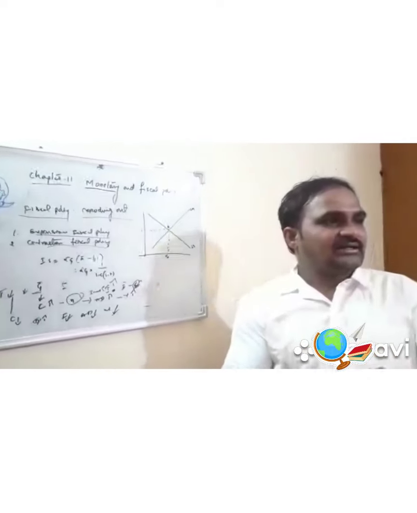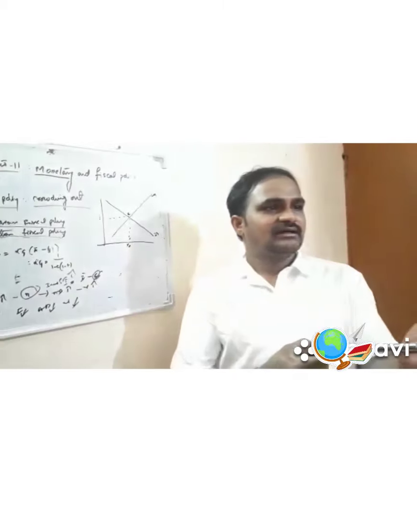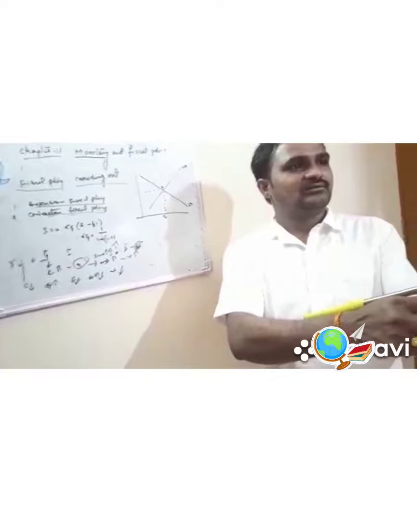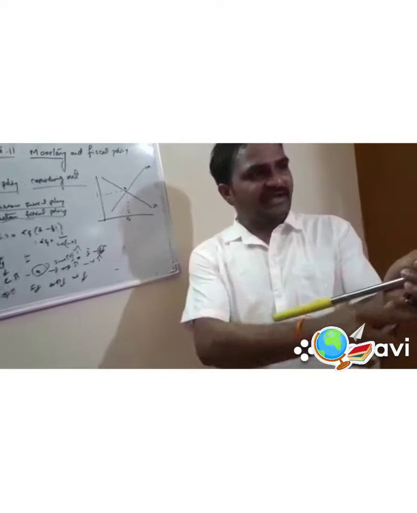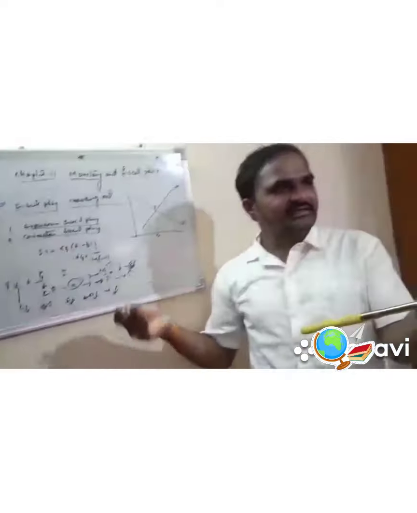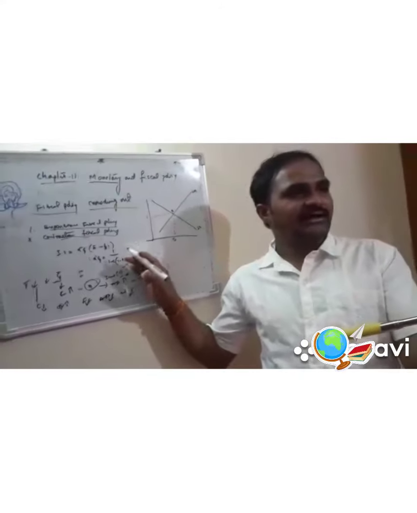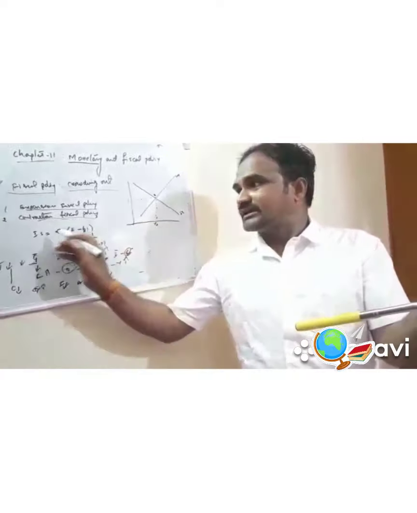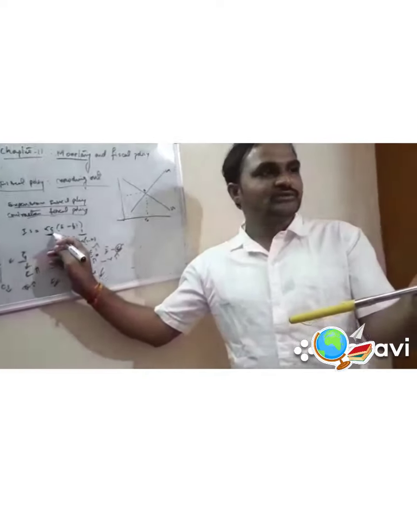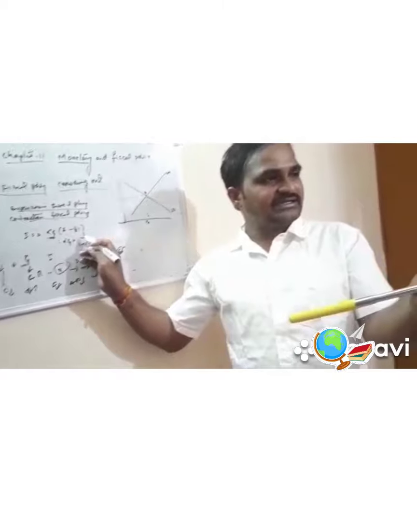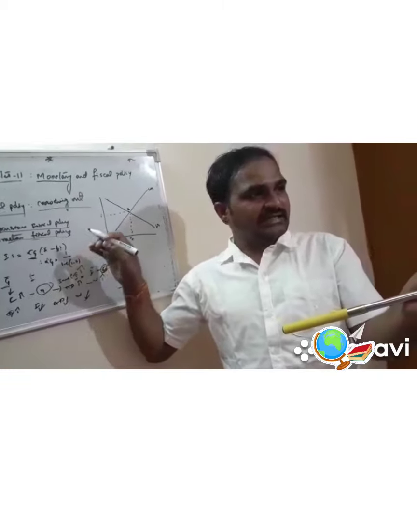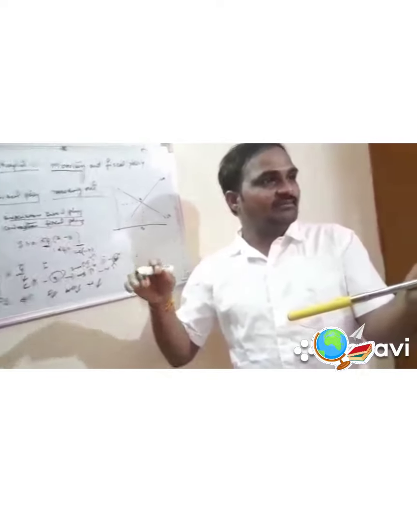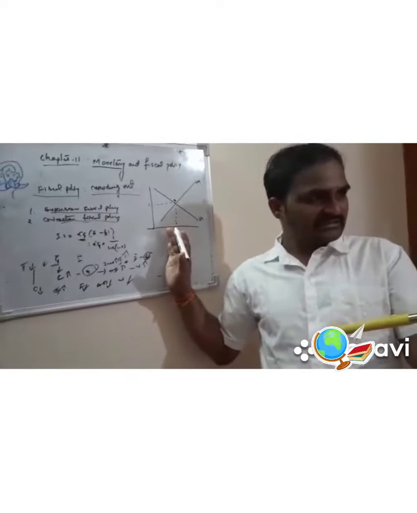You can observe that in fiscal policy, sometimes the government has to increase or decrease government spending, and also increase or decrease the tax rates. That will change the multiplier, the level of consumption expenditure and the investment, and the entire aggregate demand will change, so the equilibrium level of income will change.